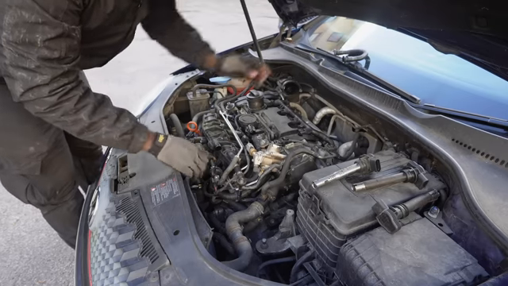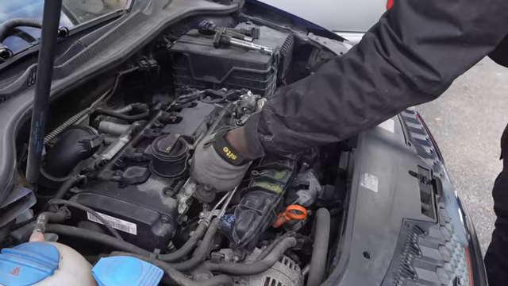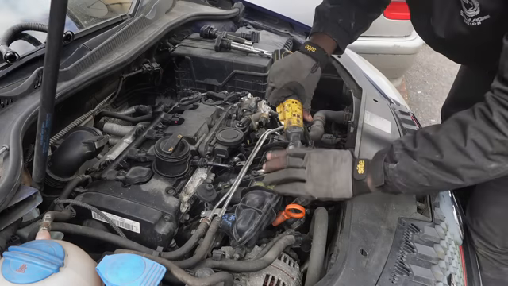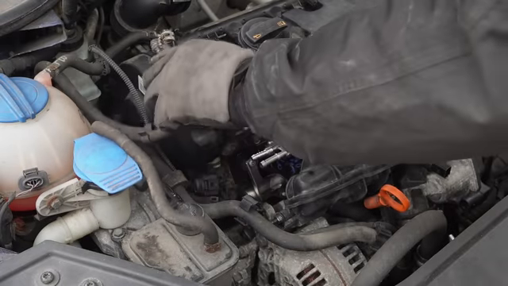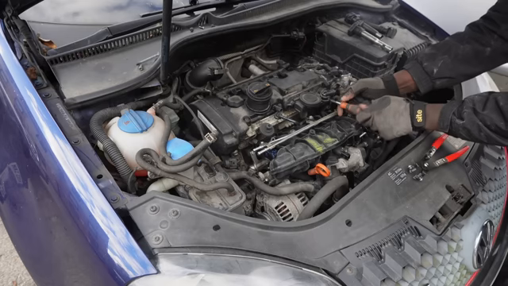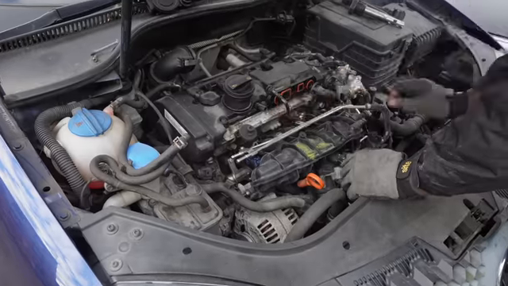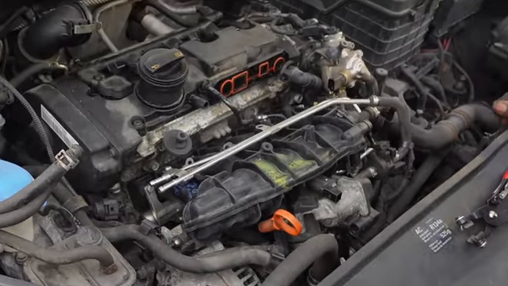So I got started by removing all the plastic pipes and electrical connectors, and then that gave me scope to make a plan on how I was going to remove this intake manifold. Next, I had to remove several T30 screws that were holding the manifold onto the face of the engine. After that, I went on to remove these fuel pipes. Next up, I had to remove this breather so I can gain access to one more T30 screw on the top, and I just continued working my way, removing as many screws as I could until...